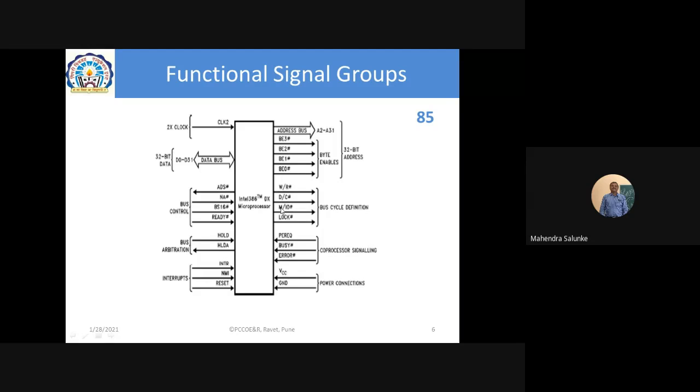Then M/IO bar is there. This M/IO bar will decide whether the current bus cycle is a memory operation or an I/O operation. And the LOCK bar is the signal. This selects whether the given bus cycle is a locked one. And this LOCK signal is very interesting, that we will discuss in detail, right? Then PEREQ,